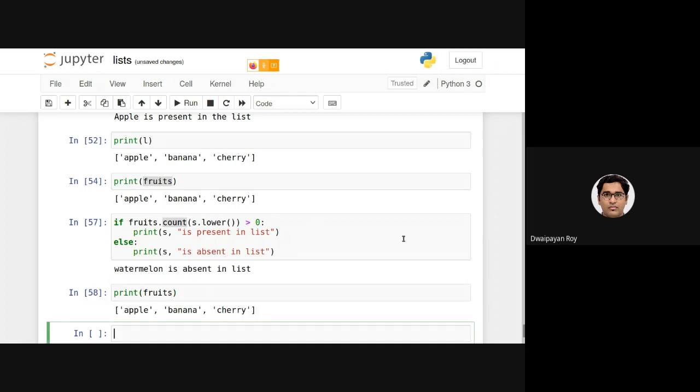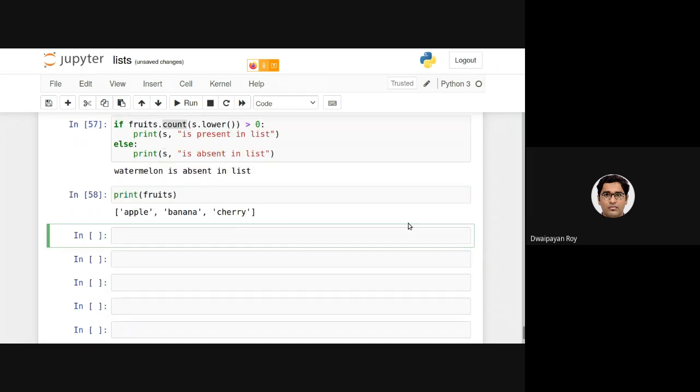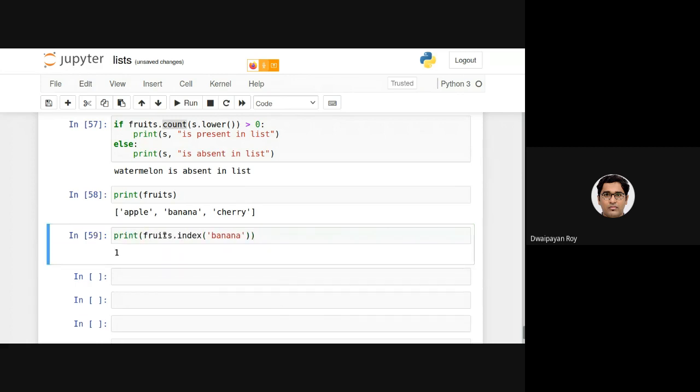The fruits is containing this. Now I want to check in which location this banana is present. What I need to do is call this index function with banana. And if I just print it, you'll see 1. That is, in the 1th location, this banana is present in this list.